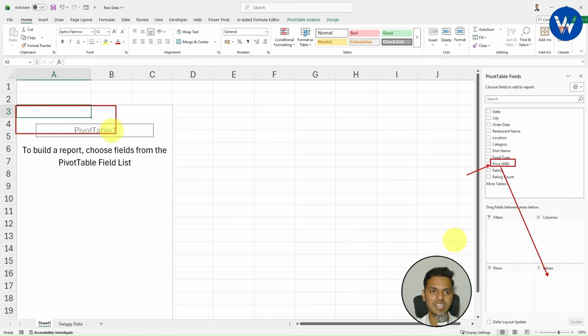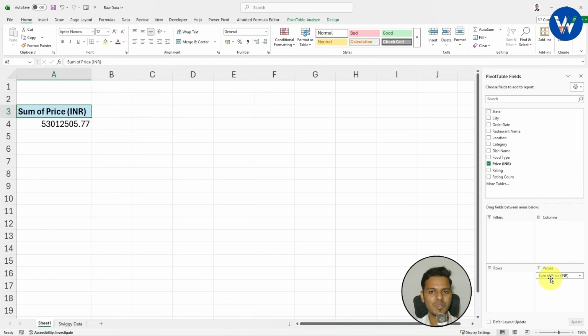And at the left hand side, this is a pivot table. You will see the output instantly. Let me show you guys. Select the price column and drag inside the value. Wow, it's completely amazing. Now you will get the sum of price, which is the total sales amount, instantly. So with the help of pivot table, you can summarize your record within seconds.